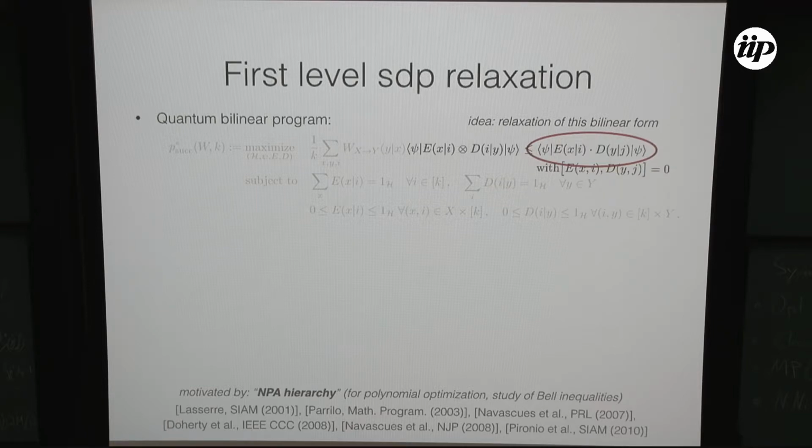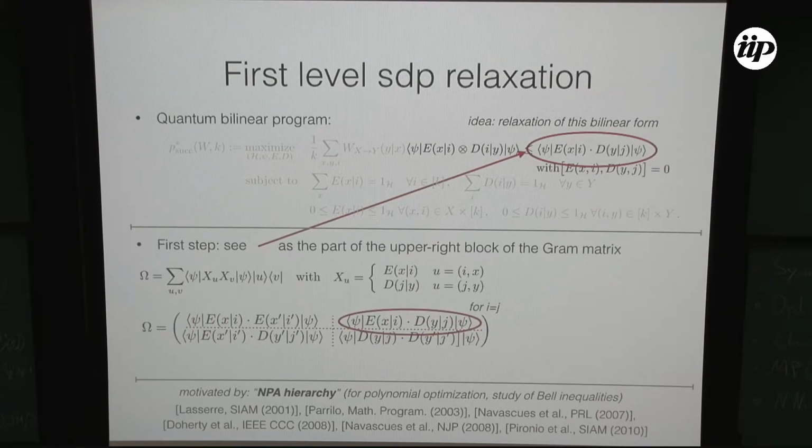Okay, so in the sense of this program, here we have a bilinear program or a quadratic program, but they study generally non-commutative polynomial optimization. Okay, and I'll comment on one of the later slides on the relation of this NPA hierarchy to our work. But the ideas are very similar. Namely, so now let's look at a feasible solution. Let's look at a triple of a psi and an E and a D. And then every feasible solution